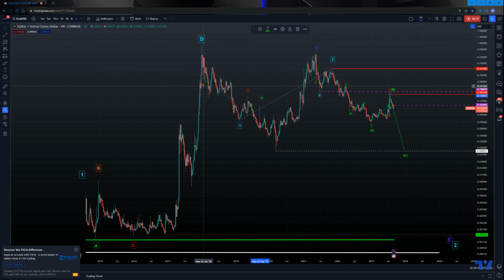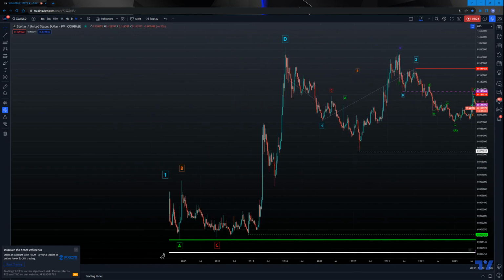So what I think happened here is we had an expanded correction that basically started after we saw a wave one zigzag, right? Now, I believe that this zigzag is an expanded zigzag, meaning that the internals happened in an expanded manner. So, what this means is that